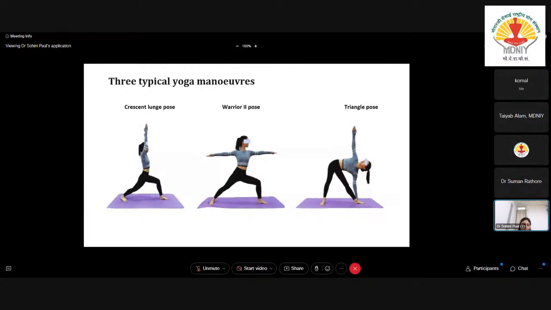So of these three maneuvers, what they said was that moving into the triangle pose requires most of the range of motion for all three joints in both planes. So, comparing your frontal plane and your sagittal plane, this is what they have found. Now, in this aspect, they have also given various other data, like the lower limb joint moment,